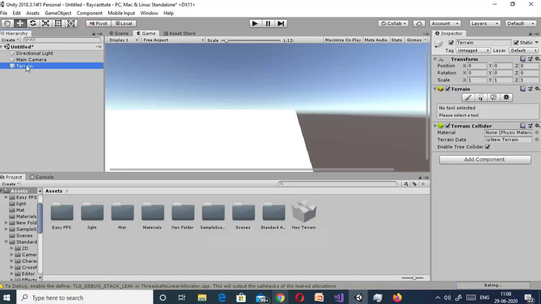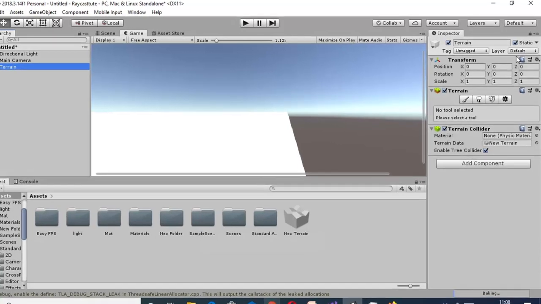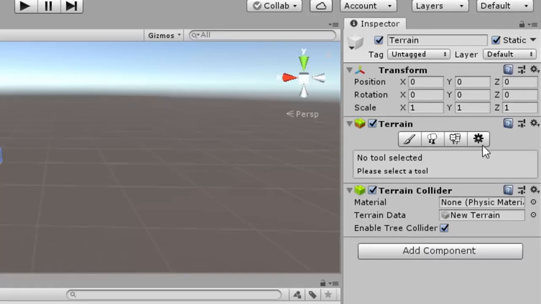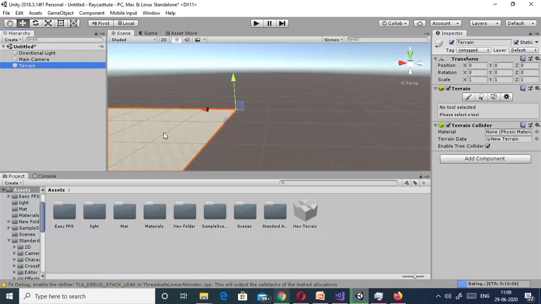Now if I click on the terrain, we can see in the inspector panel that we have various properties available. By these properties we can customize our terrain. First of all, this is a blank terrain. Before applying any tools on it, we have to provide a material to this terrain.